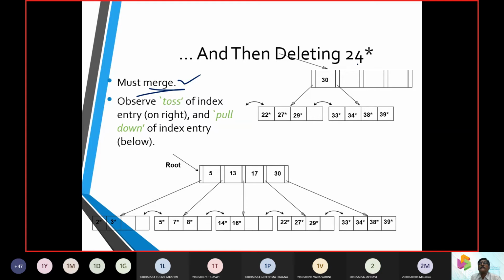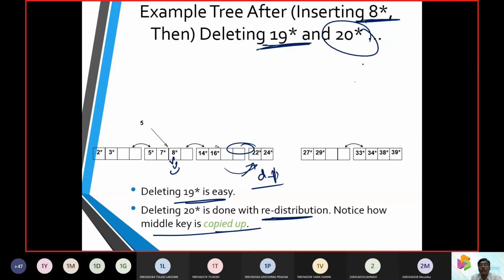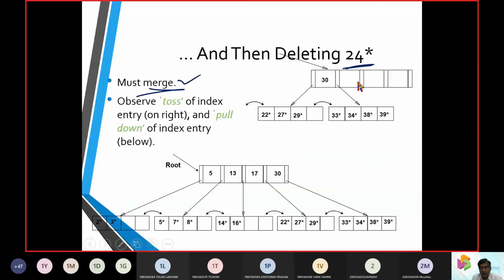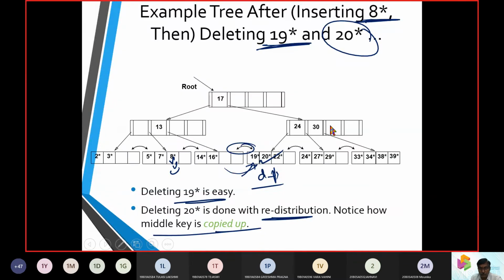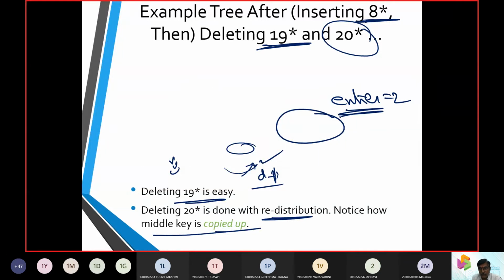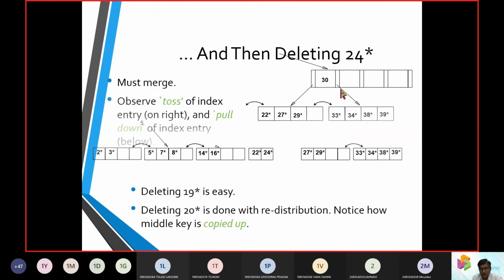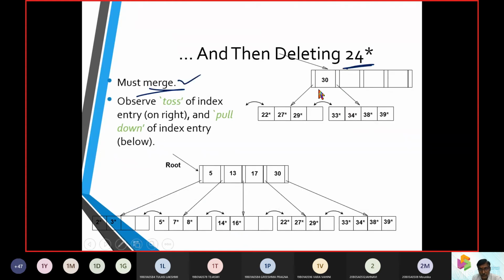So what was the merging here? We can see 24 as an item. This 24 we are going to interchange to the previous value. That is 24 and 30. Two elements are there, number of entries equals 2. Now these two entries we are shifting to the next item. Only 30 is going to be there, and 22 is going to be borrowed at this position. So a little bit of complexity happens when there is a delete operation.